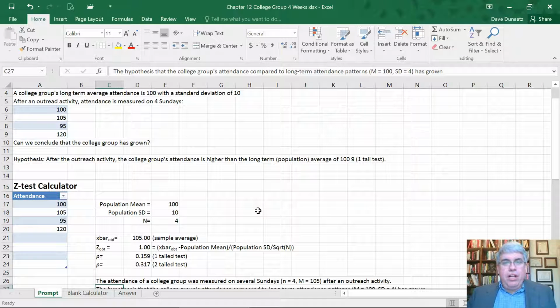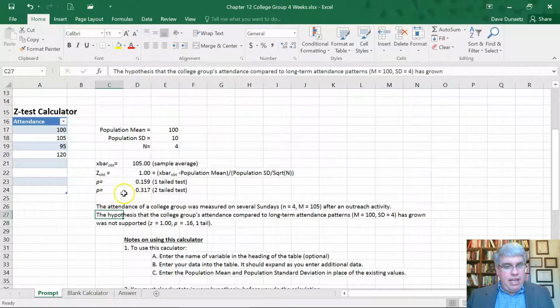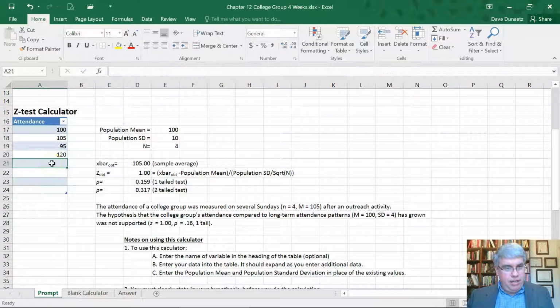Now let's continue our college group example, but instead of having just 4 weeks of data, we're going to have 16 weeks of data to see if things have changed. So let's enter in our data in our test calculator. So we've got 100, 105, 95, 120,